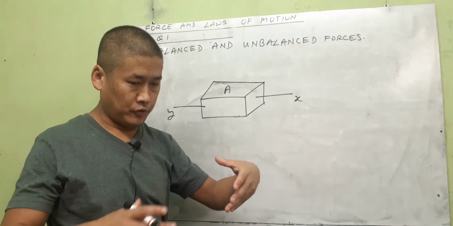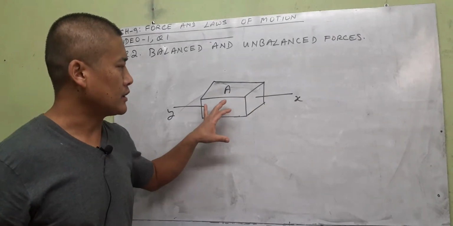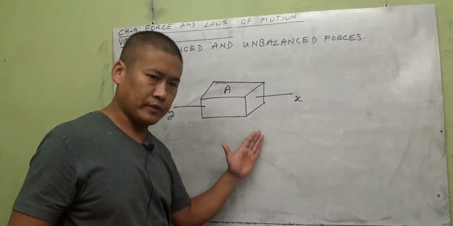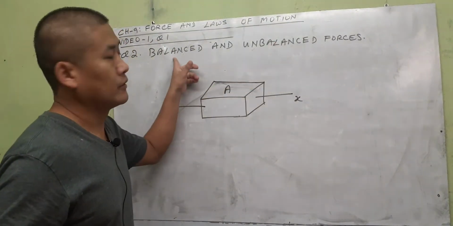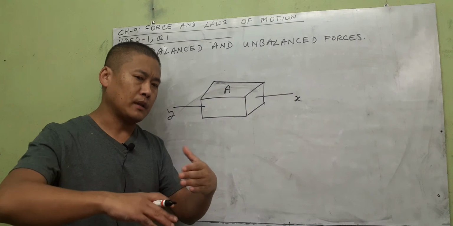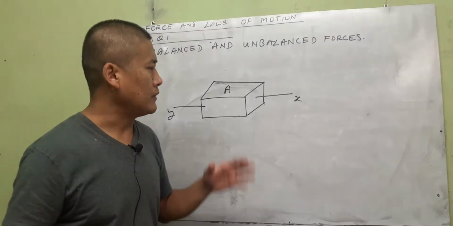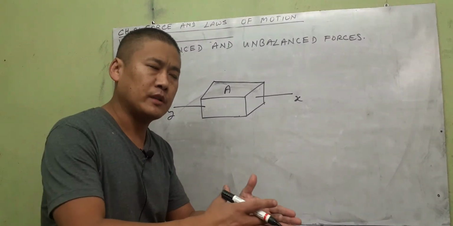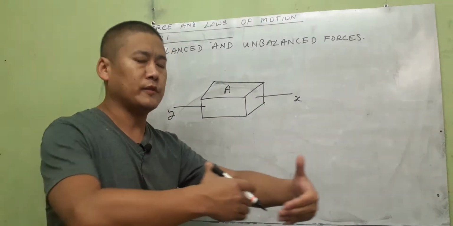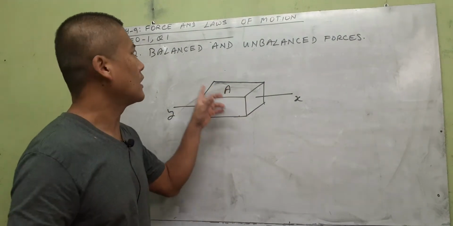After application of the two, three forces also, those two, three forces that combine are not able to change the state of rest to motion, or bring the already moving object to rest, then those are called balanced forces. Balanced means a group of forces acting on the same body at the same time, but not causing a change of state. Means if it was at rest, it continued to be at rest. If the object was moving with 5 km/h speed, after application of the two, three forces also, the object begins or continues to move at that same speed without being influenced by the application of the two or three forces, and such are called balanced forces.